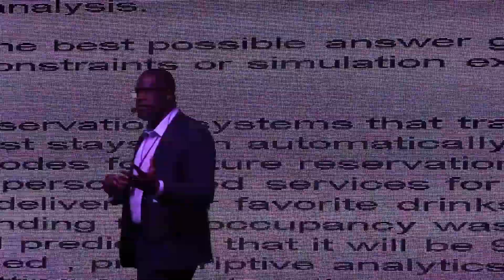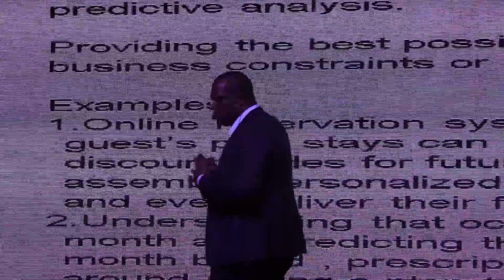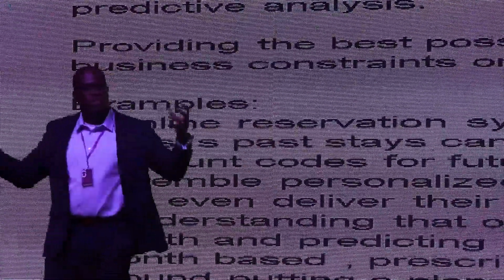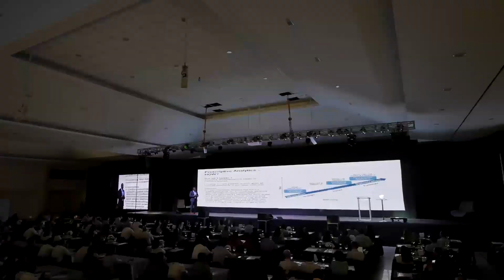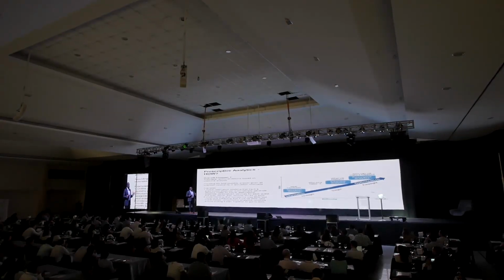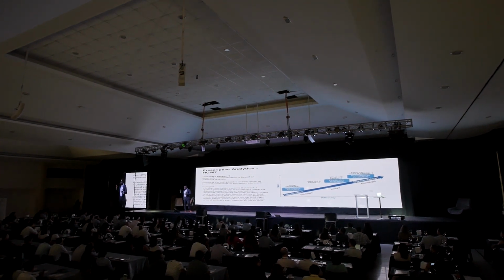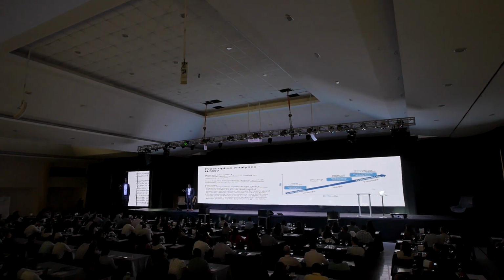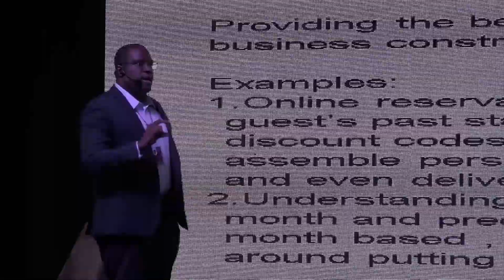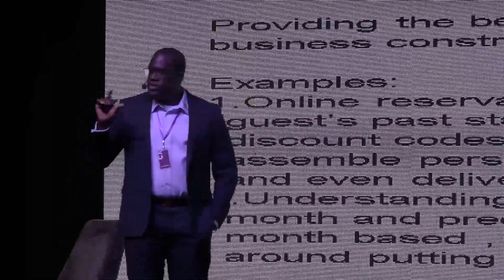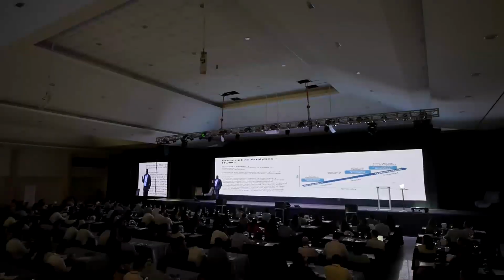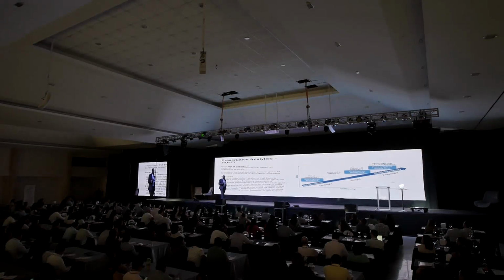Now, some people say, well, I've got to worry about my competitors. What if my competitors don't raise their prices? Well, that's where you bring in all types of data. In the hotel industry, we have access to competitor data information. And typically what happens is when you raise your price, even if it's 1 or 2%, you'll find that the competitors will follow. So prescriptive analytics is going to allow you to say, I'm going to optimize my revenue. I'm going to use that word a couple of times.